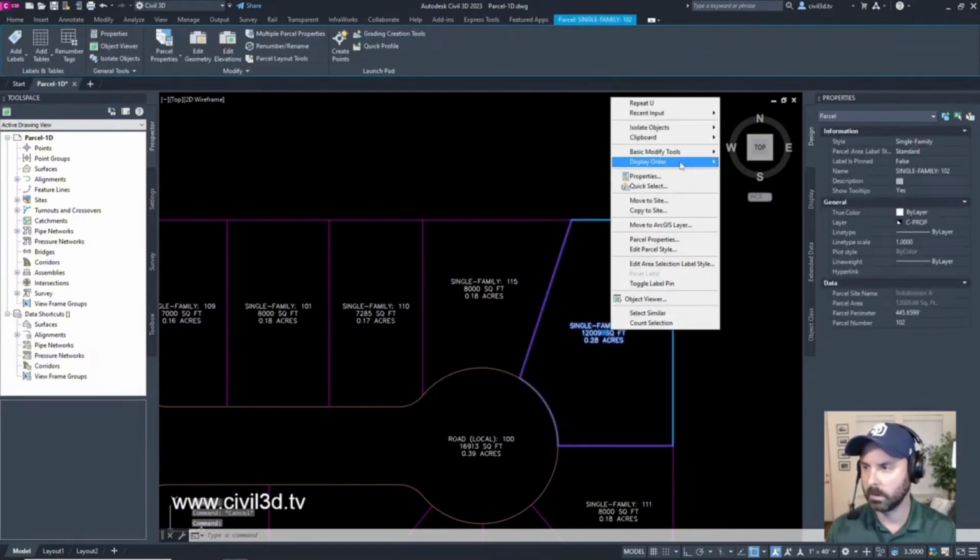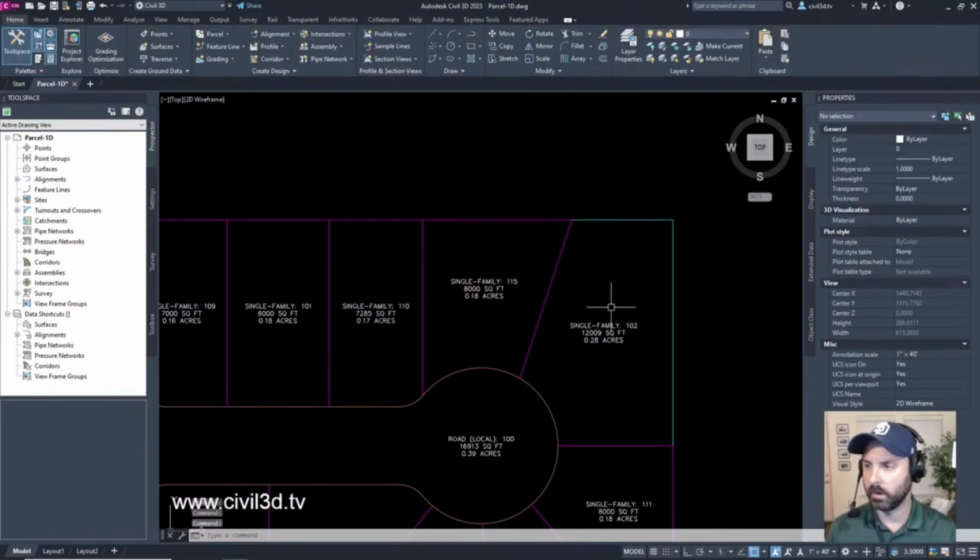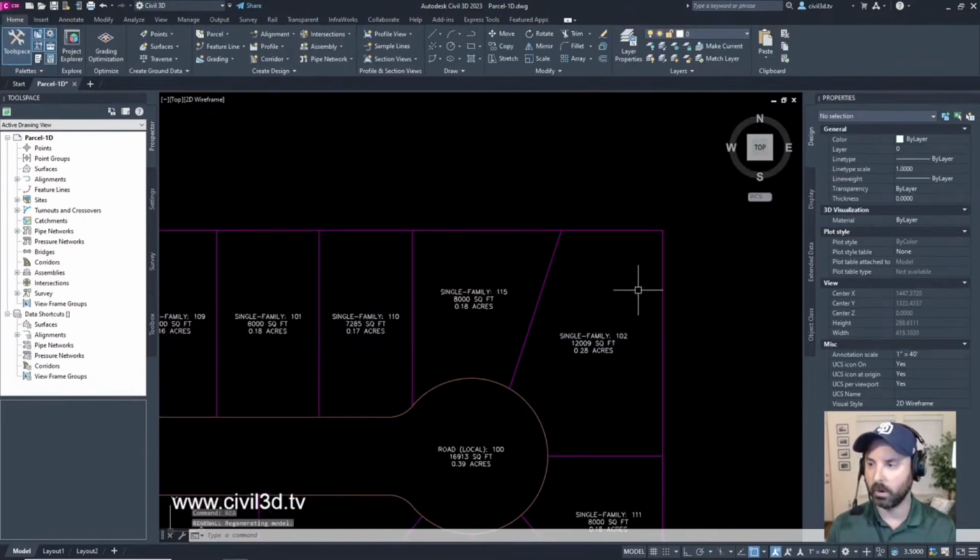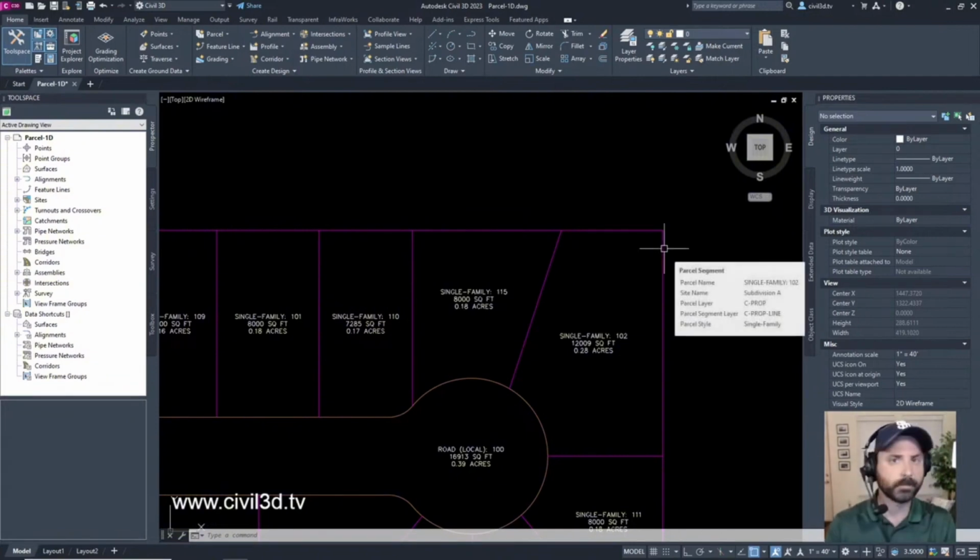Bring to front. Okay, I'm going to do a regen all. But do you see the different results that I get whenever I click different points on the northeast corner of my property? I get different results depending upon which area I click on the line.